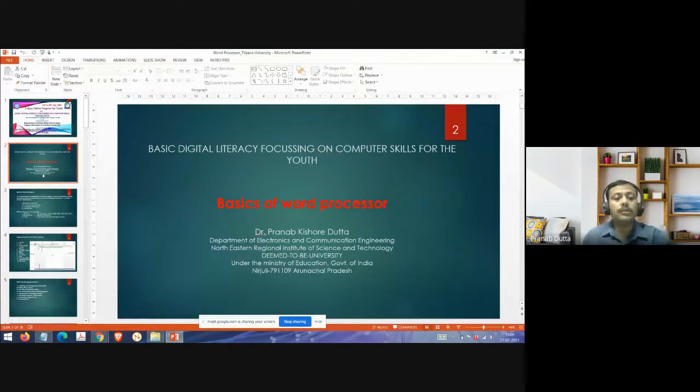I'll start from the basics, and after going through this presentation, a person who is learning MS Office for the first time will be able to at least make a document and a presentation. That is how to write it, how to finally get the printing of that one. Everything I will cover. How to set the margins and all those things.